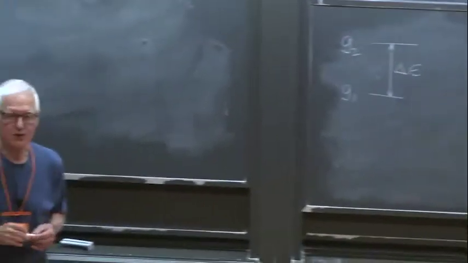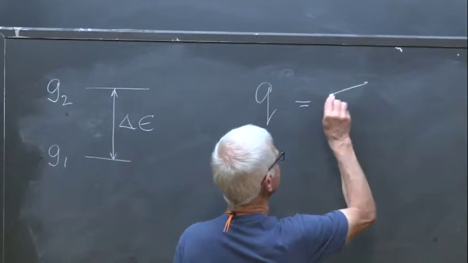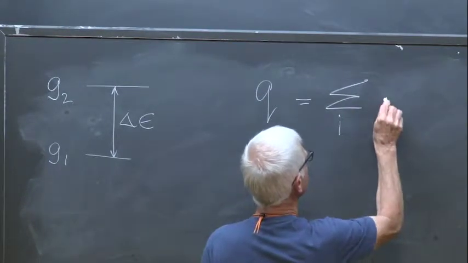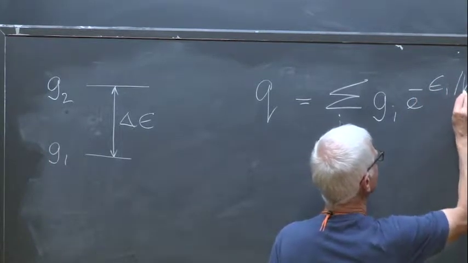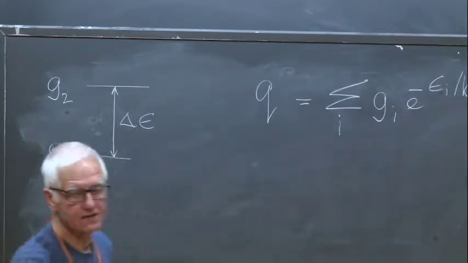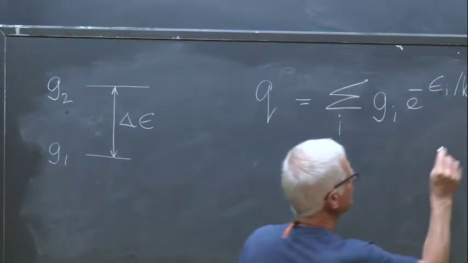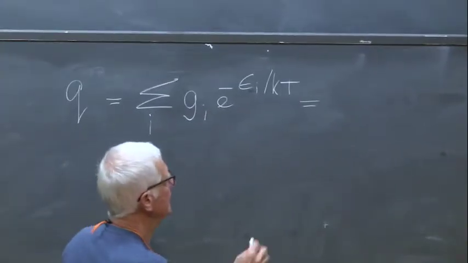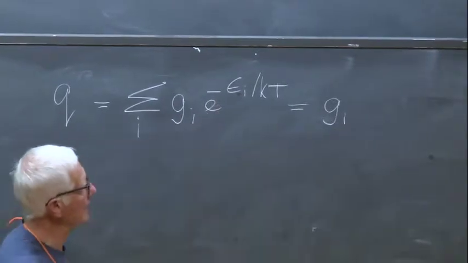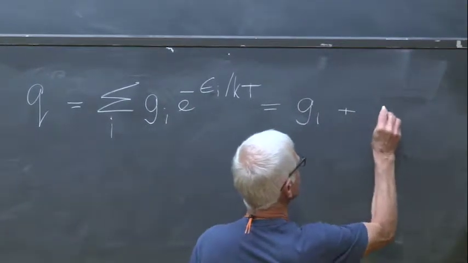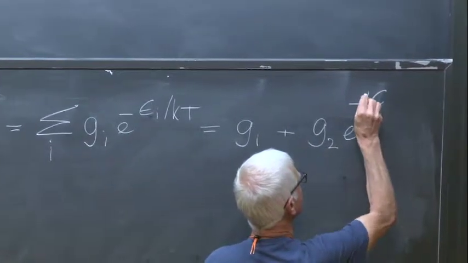And what I've given you there are, first of all, the expression for the partition function. And remember, the partition function is equal to sigma i gi e to the minus ei over kT, where this is the energy relative to the 0 point. There's the 0 point. And so the partition function here is very straightforward. It's simply equal to the sum over the two states, G1 with an energy 0 in there, plus G2 e to the minus delta E